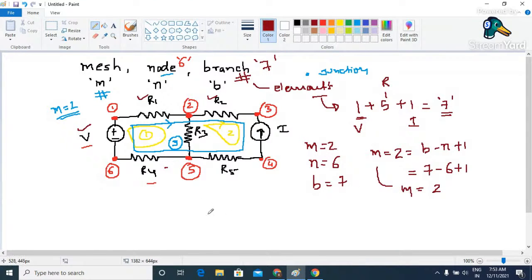So the relationship between mesh, branch, and node is: mesh is equal to branch minus node plus 1. This is very, very important. And this is true for all electrical circuits or networks. Mesh is always going to be equal to b minus n plus 1, where b indicates branch, n indicates node, and m indicates mesh. So this is very important. Once we have gone through this,